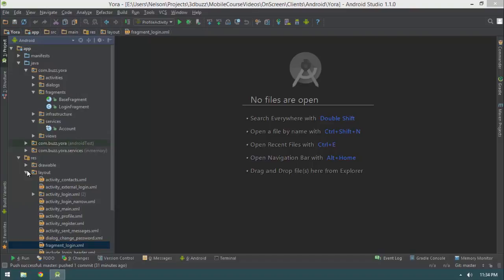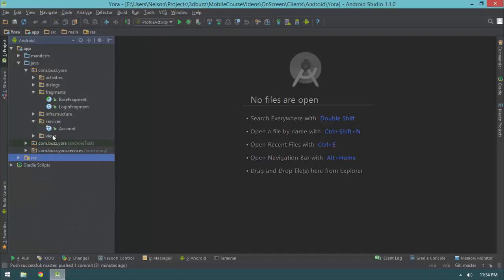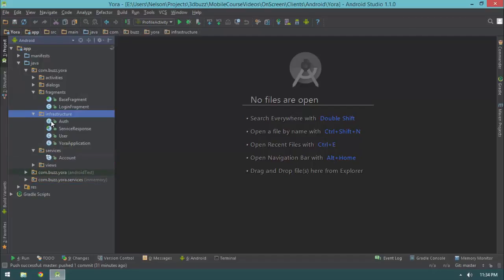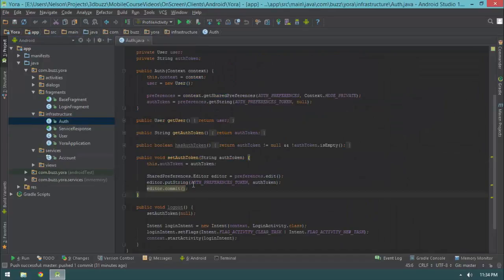In this video, we are going to implement our local authentication token being saved. So what do I mean by that? Well, we saw in the previous video how we modified our auth class to support the ability to set its auth token and have that auth token saved into our shared preferences, so that if we were to close the application and come back to it, we would still have our authentication token and thus still be able to log